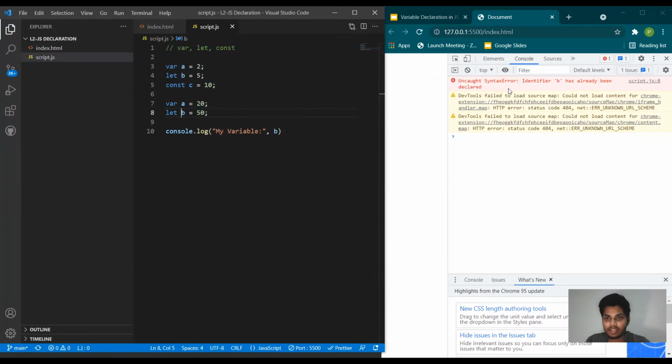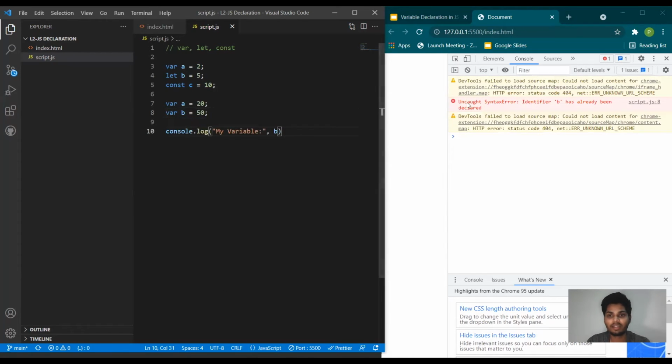We haven't seen this error in the case of var, because variables declared with the help of var can be redeclared. But that is not the case with variables declared with the help of let. It will throw an error if you try to declare a variable which has already been declared with let. Note that b is already declared with let previously, so you cannot redeclare it with anything, not even with var.